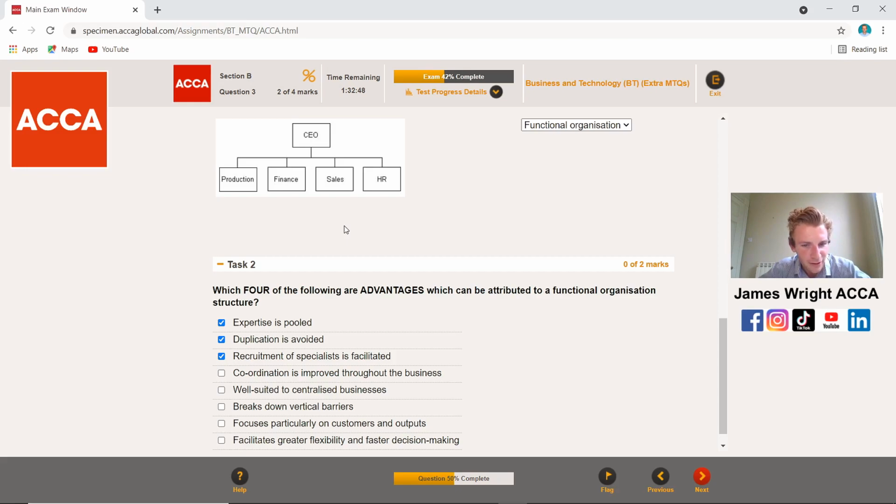Focuses particularly on customers and outputs. Again, it could be argued there to say, yes, it might be quite helpful to have all the HR people in one area, but we don't know whether they are really effective at actually doing their jobs. And are they actually operating with the customers and outputs at heart? These departments may be set up like that, but we don't know how effective or how efficient they're actually being to manage those outputs. So,